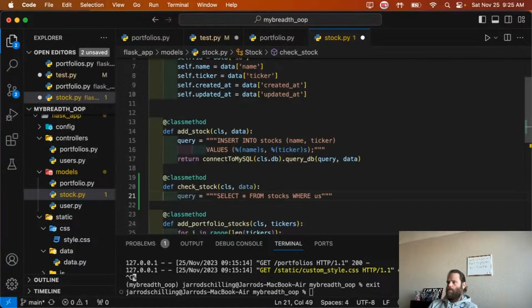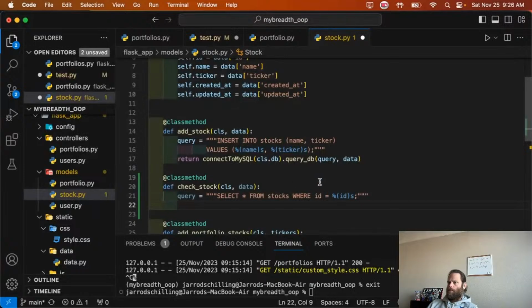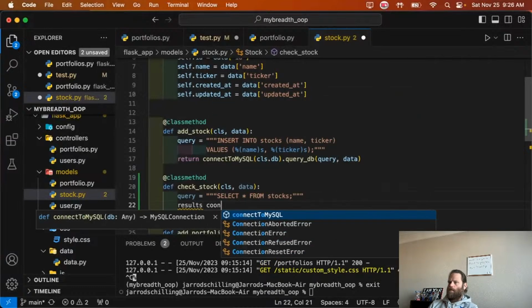Actually, maybe we just pass the user ID in. And then I just run the check loop here, almost like just run it like a function. So results, so I'll just pull every stock. Actually, no, because it's not this. It's literally grabbing every stock. Actually, I don't even need this. It's really just pulling this, and then results is